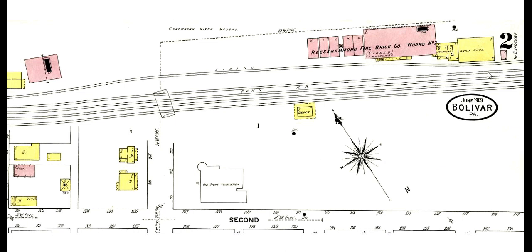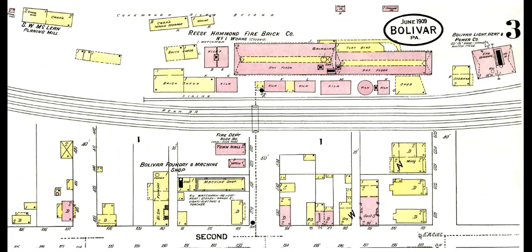This is 1909 mapping. And I want to point out this building down here because it shows up in the next frame. That is the building I was trying to show you. See, this is associated with works number 1. This is still Reese Hammond. And we'll see down here